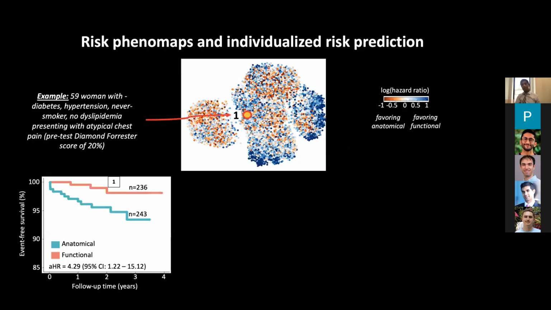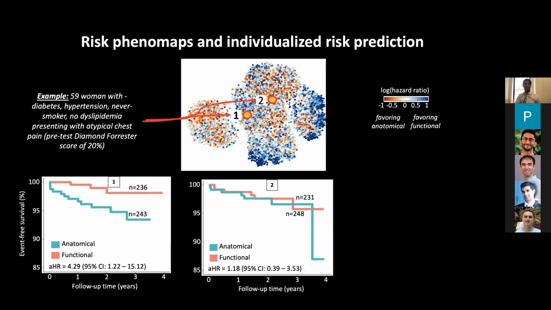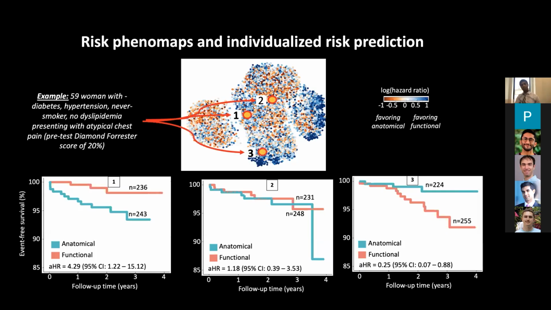But we found, and this is a representative example chosen specifically to highlight the differences that emerged, that the first person who resembled this on the phenomap was much more likely to have better outcomes if they underwent functional testing. A second person in the phenomap who resembled everybody on all these 5 characteristics, there was no significant difference between anatomical and functional testing. A third person in the phenomap who actually resembled these characteristics did much better with anatomical